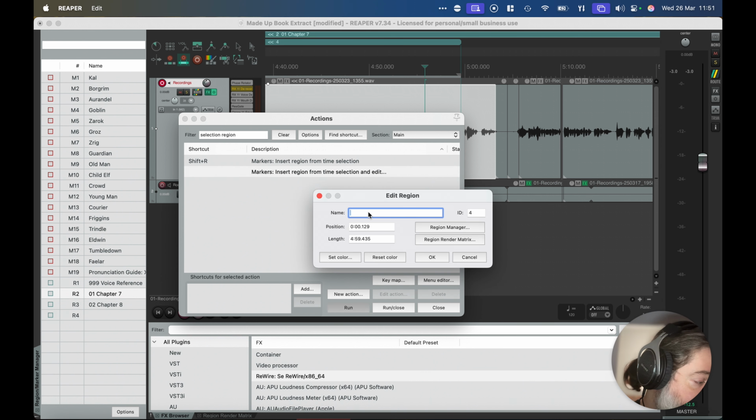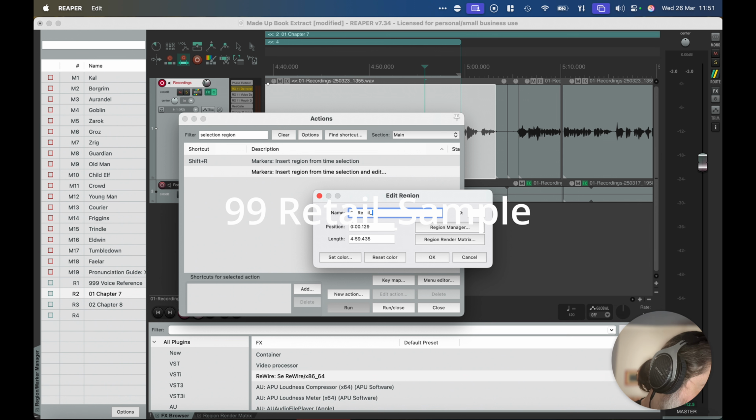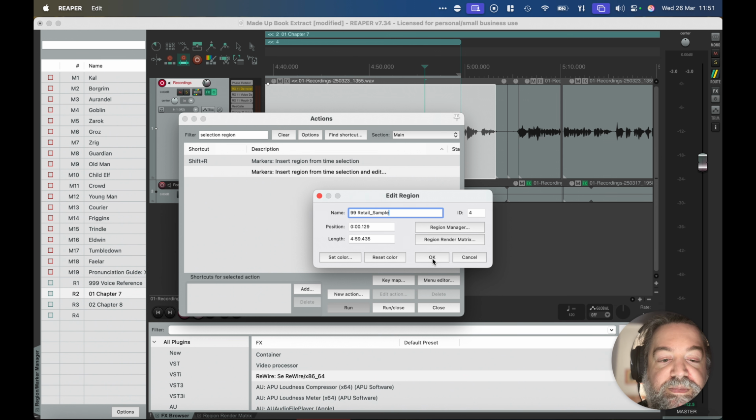And this is called 99 retail_sample. I use number 9 because I have yet to have a number 99 chapter. If I did, I'd be switching to 3 digit numbers and be starting at 001 instead of 01, and I'd make the retail sample number 999, and the chapter reference, the voice reference, I start with 999,